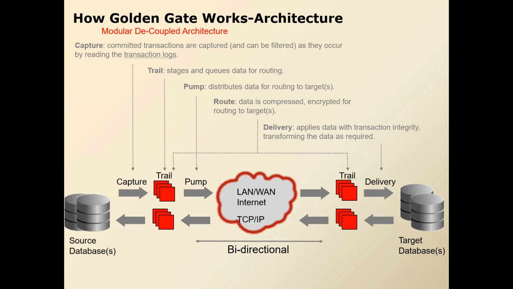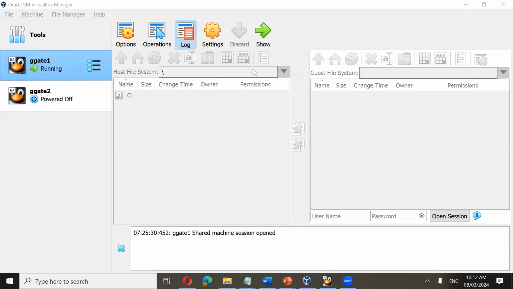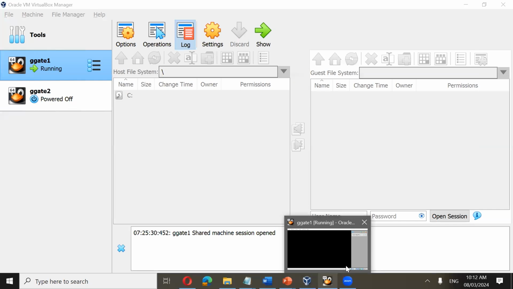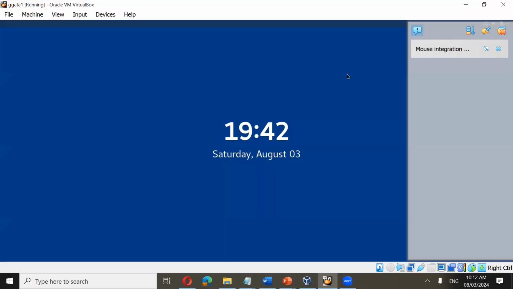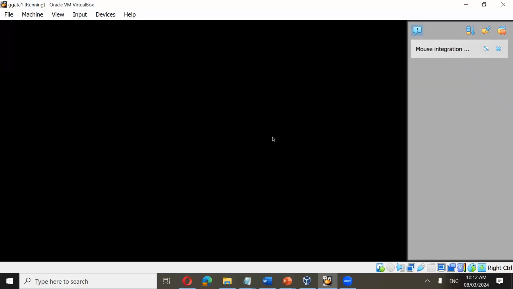So during the training, we cover Oracle to Oracle on the virtual boxes. The virtual boxes which I shared with you are the ones we'll be using. I haven't shown this because we didn't move to the practical part today. These virtual boxes are already shared with the people who are enrolled. These virtual boxes are Linux and Oracle databases.